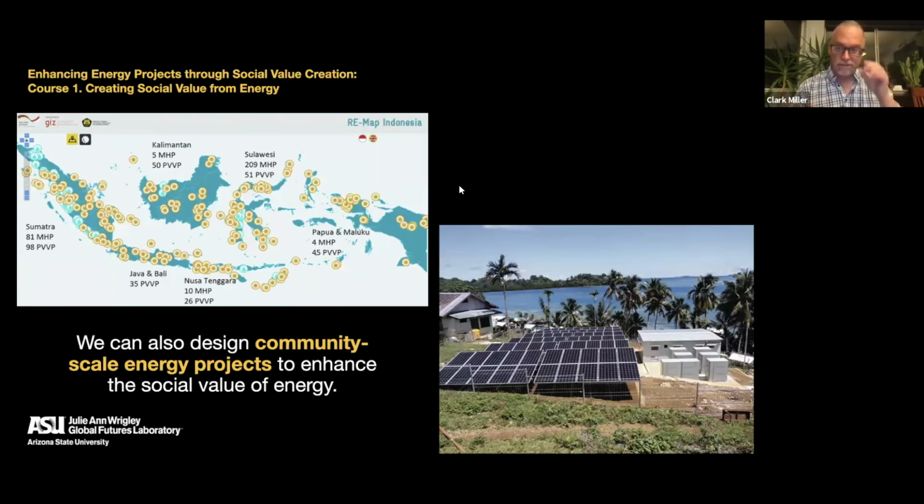We can also think about community scale projects and think about creating social value at the community scale. And here you see a map of a whole bunch of solar and battery microgrids that are being built across the Indonesian islands, which have been a particularly challenging space for doing electrification because it's hard to build grids on islands, across islands, and have it run the way we traditionally run a grid from a centralized power plant. Whereas you can build smaller microgrids and bring that value of electrification to those communities.